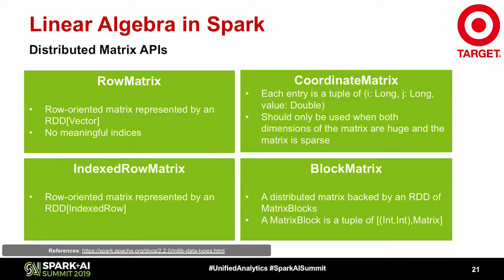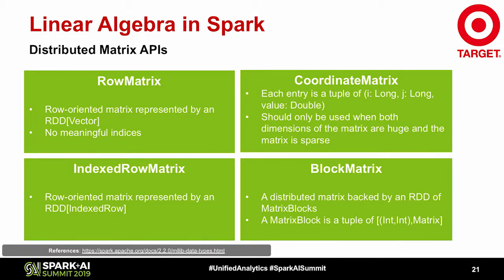They're stored on local machines, and they're a building block for Spark's local and distributed matrices. These are the distributed matrix APIs in Spark. The first 2 on the left-hand side are probably the most intuitive to me from the classes I had in linear algebra a while ago. A row matrix and an index row matrix are row-oriented matrices, and they're backed under the hood by RDDs. So you have an RDD of vectors for the first case, and then an RDD of index rows, where an index row just wraps an index and then a vector.